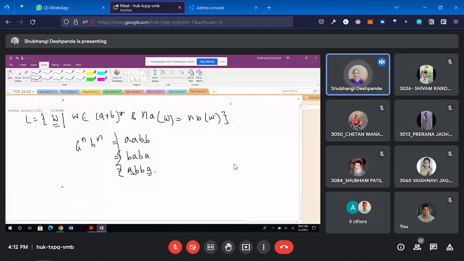You can apply the same rules as for A raised to n, B raised to n. You can use the same rule, only it is not followed by. Similarly, the variation here is like this. The next variation for such a type of problem is